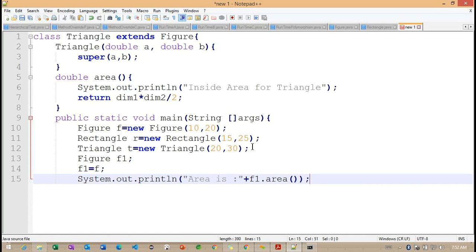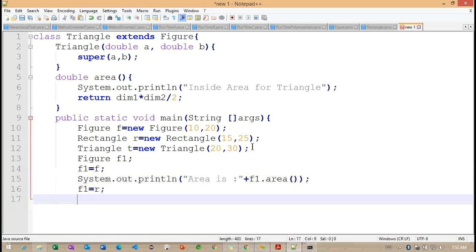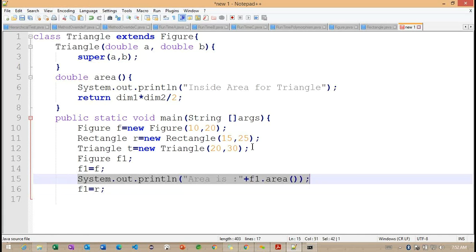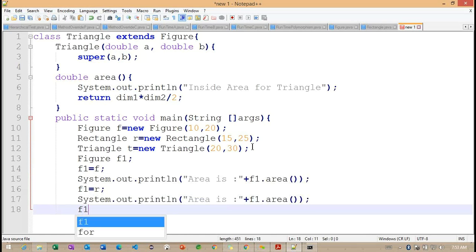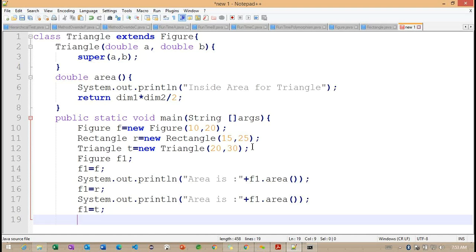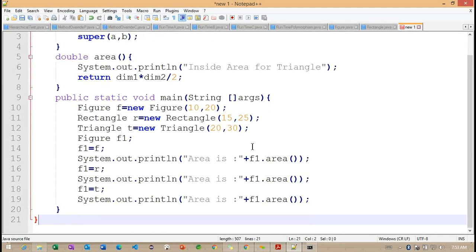So with the help of this F1 I'm trying to call, and F1 is equal to R, and F1 is equal to T. Getting the point.